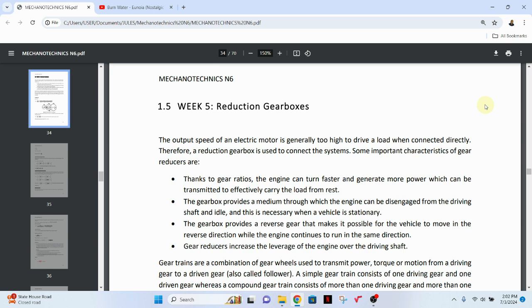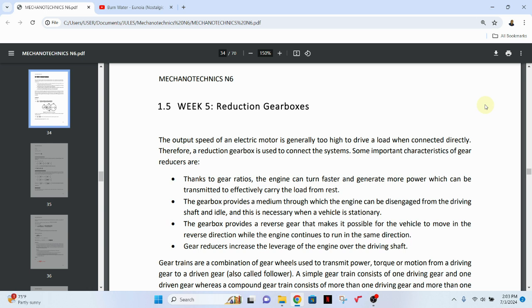Because if you try to do that, you will run into issues, some of which are that the engine itself is rotating super fast, okay? So you can't just take that driving shaft with that rotational speed and try and connect it to a wheel. That is not practical. You must think of a way to slow that speed down, okay? And so the gearbox allows you to do that. Another benefit of the gearbox is not just that you can change the speed output, but you can also